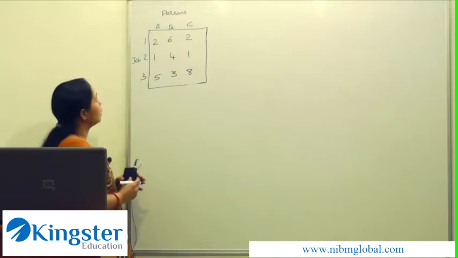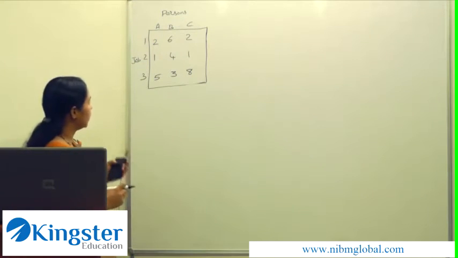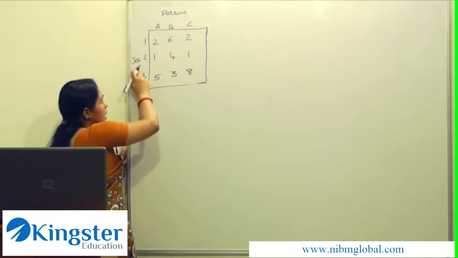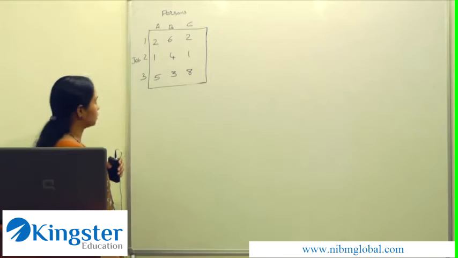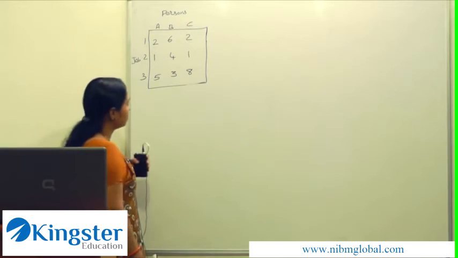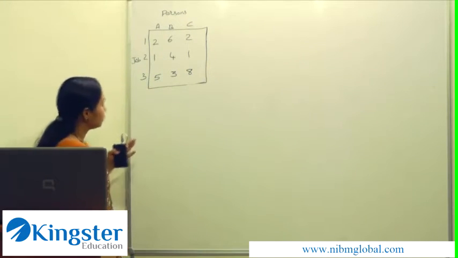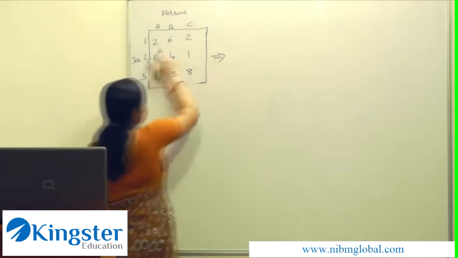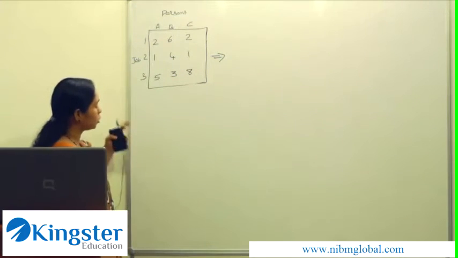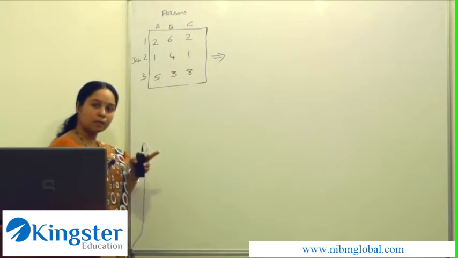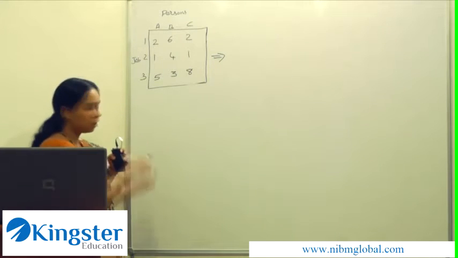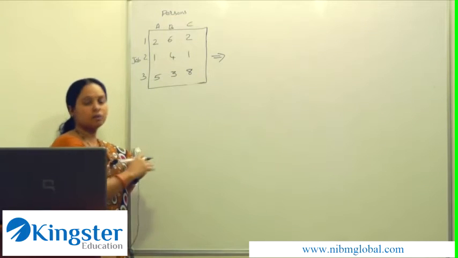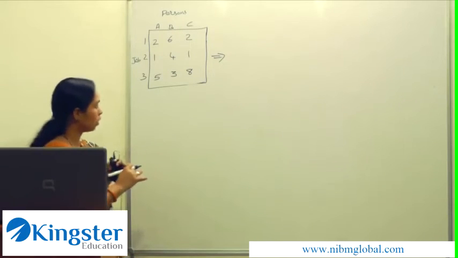Now consider the second problem. Here there are 3 origins and 3 destinations. So there are 3 jobs and there are 3 persons to perform the jobs. Now the first step is the same. Let us see how to solve this problem. The first 2 steps are the same. That is, find or select the lowest value from each row and find the difference of that element from every element of that row. Now, after that, in the reduced matrix, find the lowest element in each column and find the difference of that element from every element of that column.